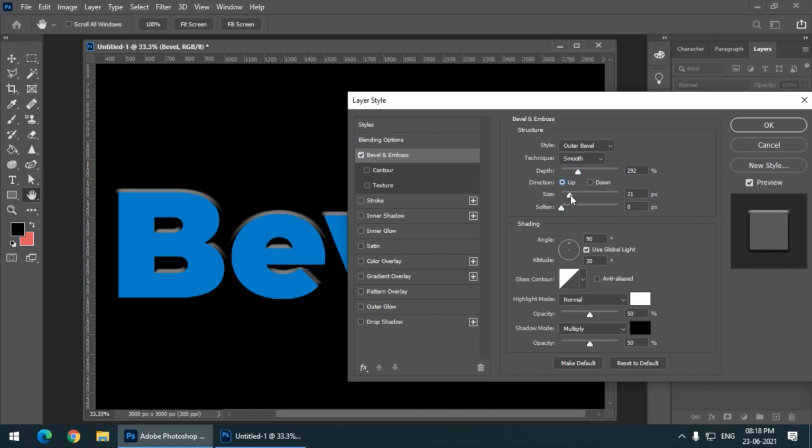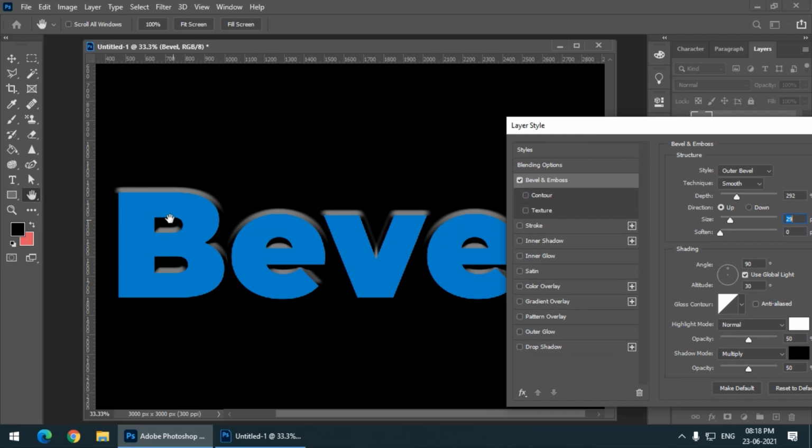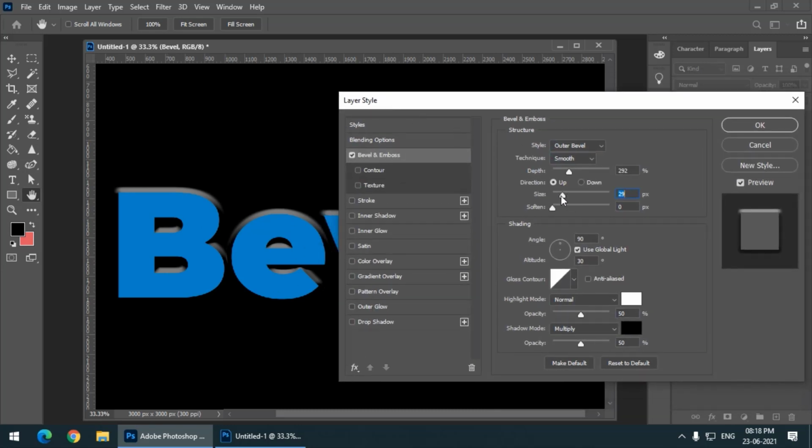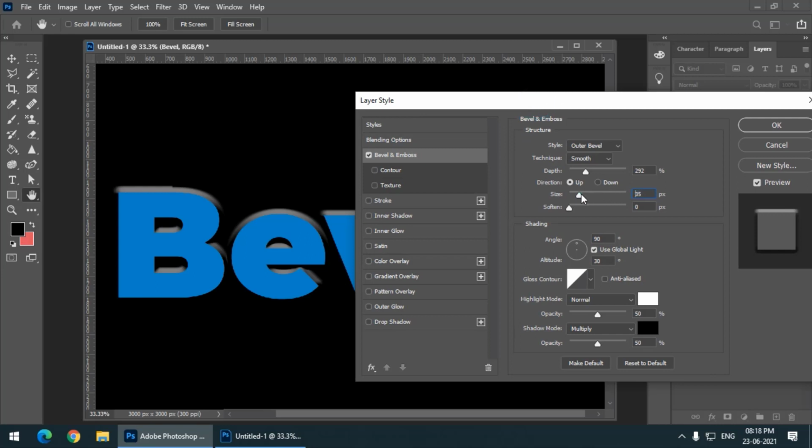So this is the size. You can see the difference. This is how it will look. Again, I can change the soften value so that it will soften the effect. You can see a slight difference in the effect. So this is the soften value and this is the size.